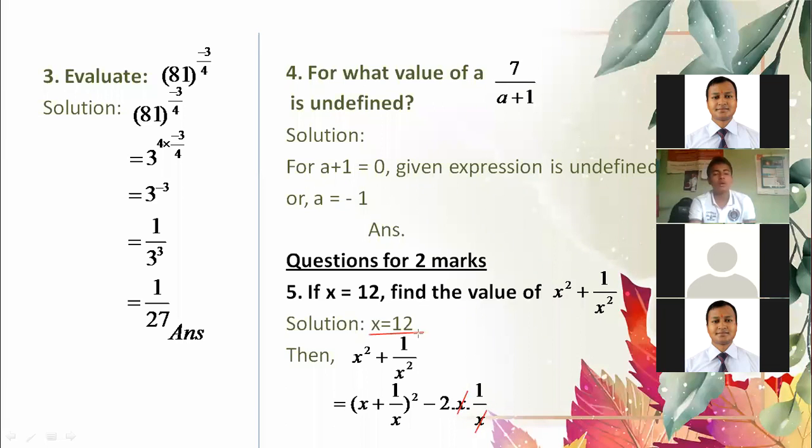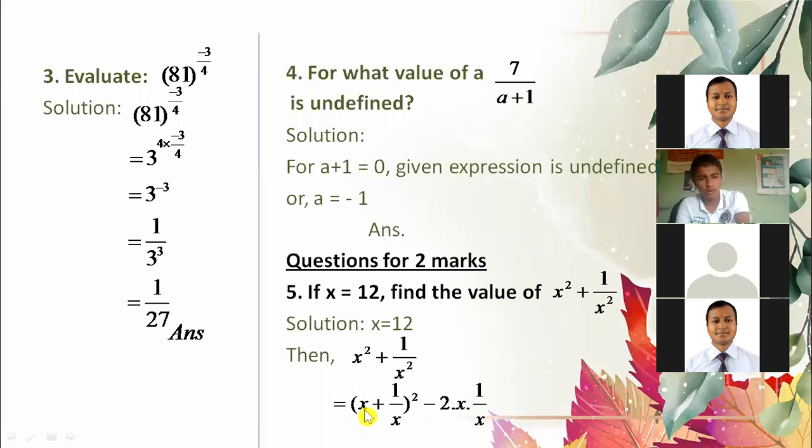And in place of x, we have 12. What is the value of x? This is 12. In place of this x, we have to put 12. In place of this other x also, we have to put 12, and this 2 remains as it is. Other things we leave as they are. Okay. A student says you can put the value of x, square it and then cancel. Yes, you can solve by that method also. Okay. First look at how I solve here, then we'll discuss that also.